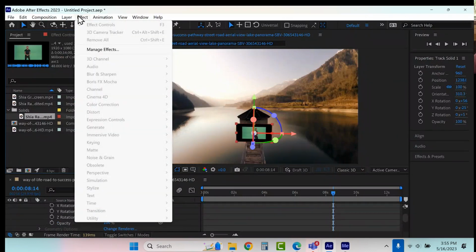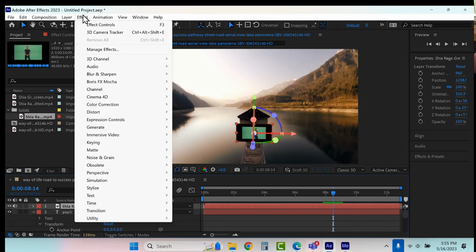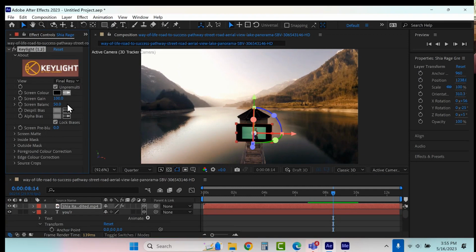Effect. Here. Key light, eyedropper, choose that green.